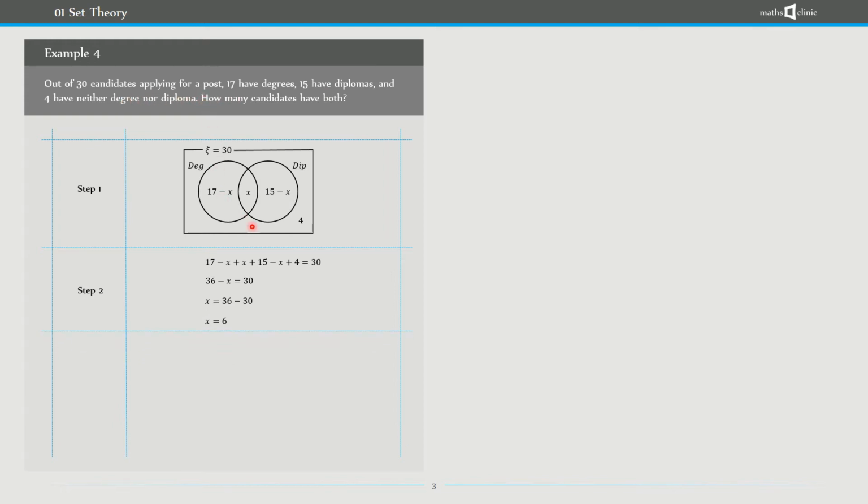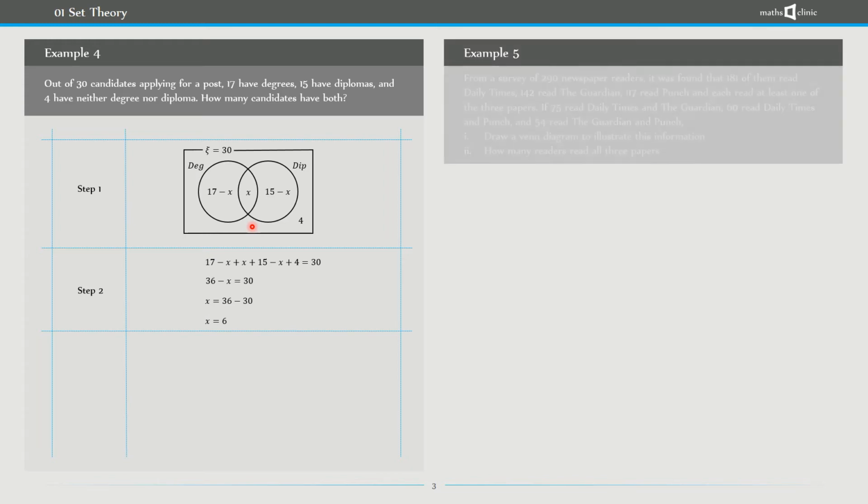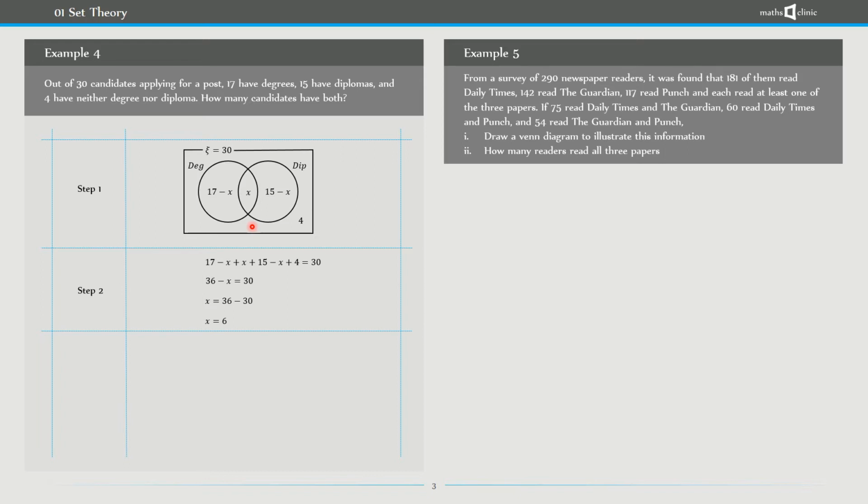Now let's move on to our final example, and this one is a bit complicated, but it's nothing that we can't handle. Okay, now the example says from a survey of 219 newspaper readers, it was found that 181 of them read the Daily Times, 142 read the Guardian, 117 read the Punch, and each read at least one of